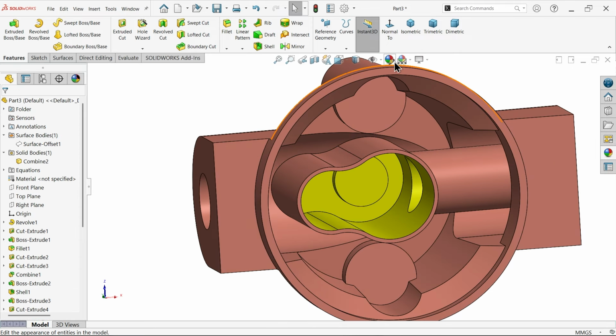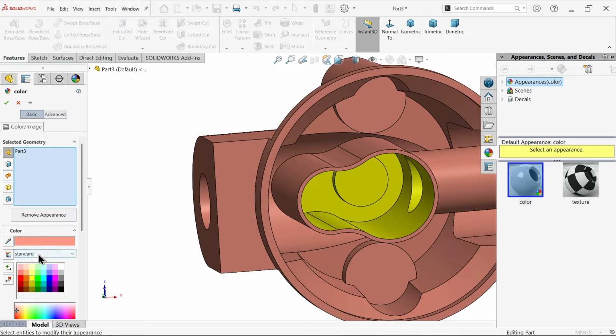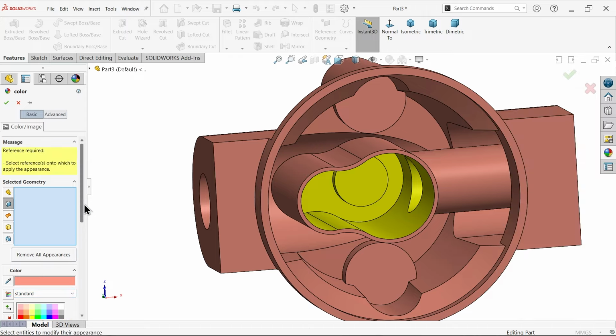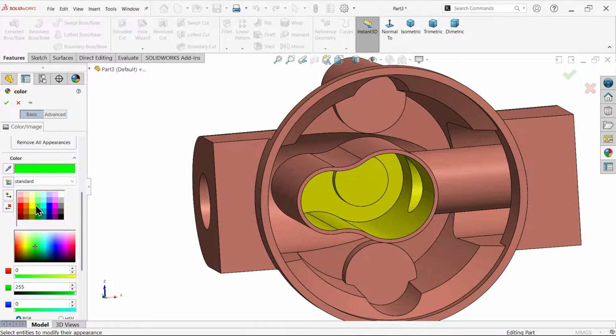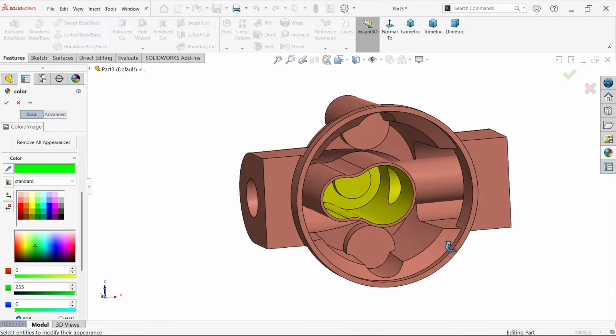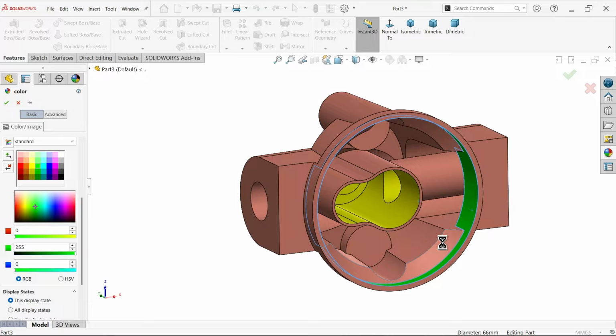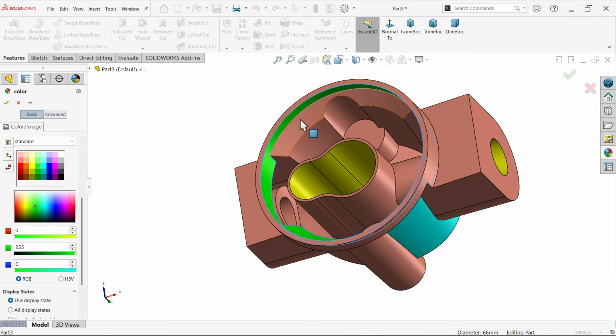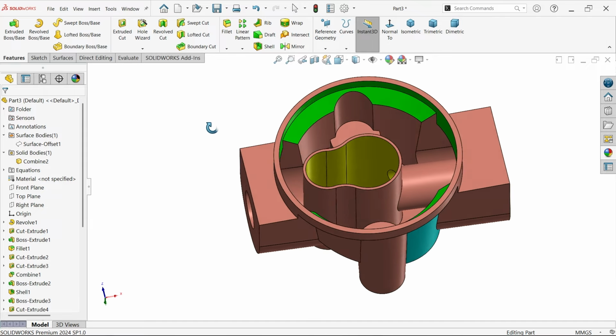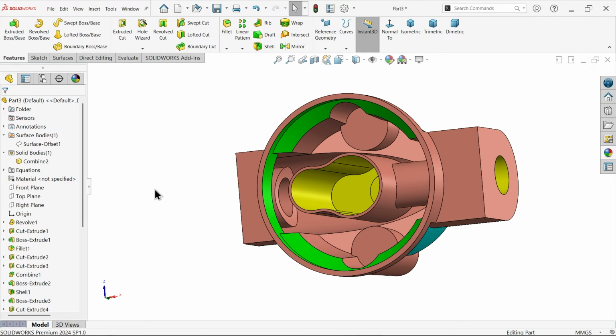Okay, again edit, choose face, clear, green, select this face. Okay, for green I think